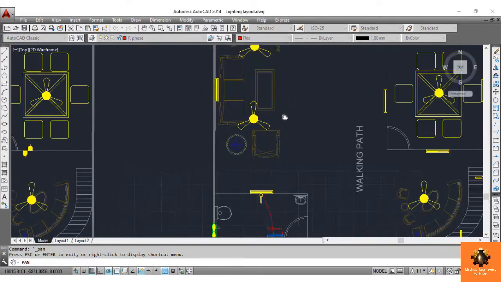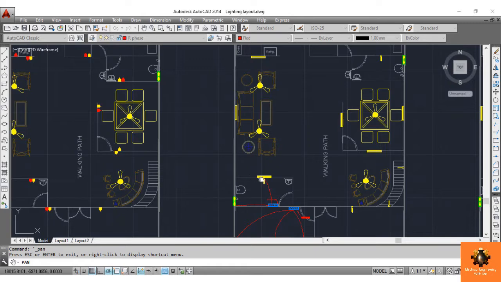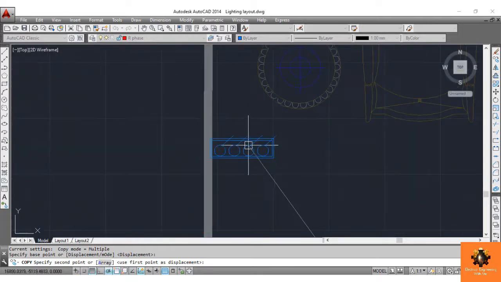Next to the bathroom, we have the living room. And from the load balancing report, in this living room, these 3 fluorescent lamps are also feeding through the R1 circuit. Therefore, I am placing one switchboard here and making the connections.